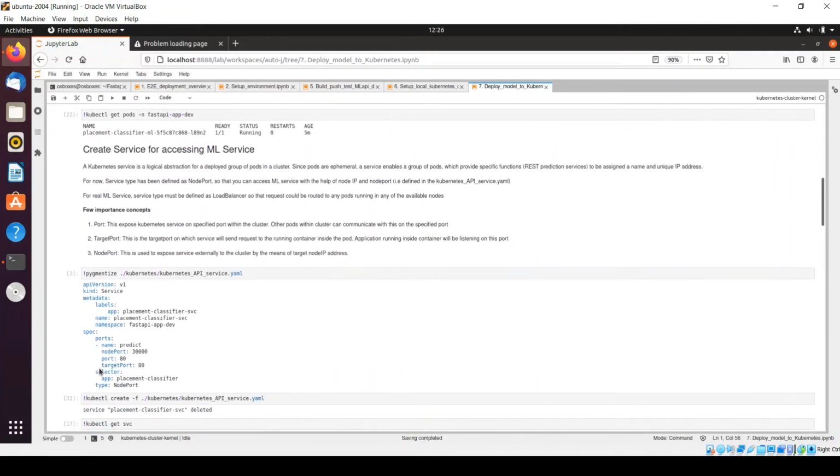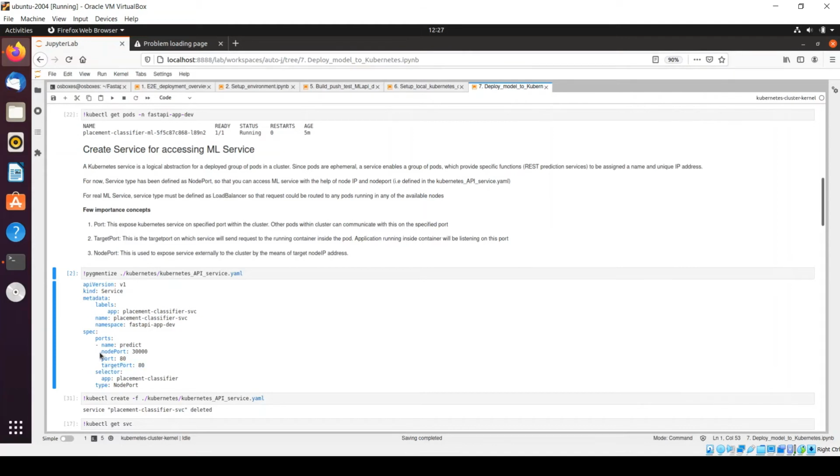And that's what we have defined in the form of target port, right? The service will understand that, yes, we have received a request from a customer, and we need to route this request to the pod which is running using this label, and inside that pod it would be routing that request to the container which will be listening at this port, right? So that's the meaning of target port.